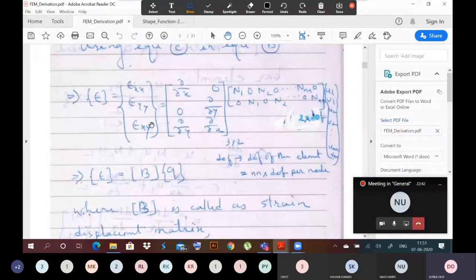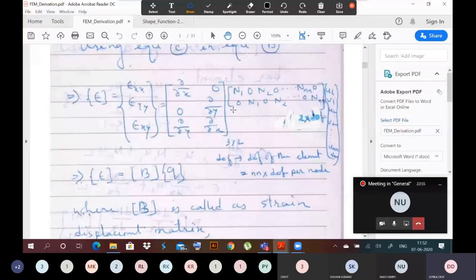of the shape functions. So the size of the matrix will be equal to 2 by 2 into degrees of freedom. It will depend on the number of nodes in an element. For example, if we have a 3-noded triangular element, the size will be 2 by 6, because we have 3 nodes. At each node we have 2 degrees of freedom. So therefore it will be 2 into 3, 6. So it will be 2 by 6.